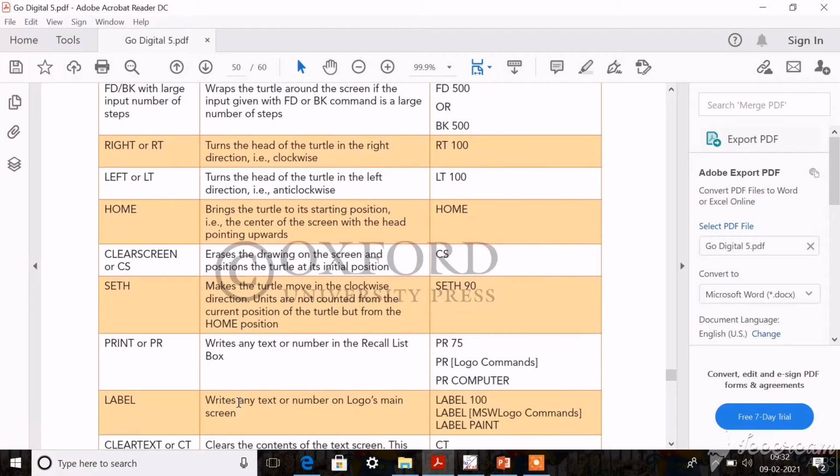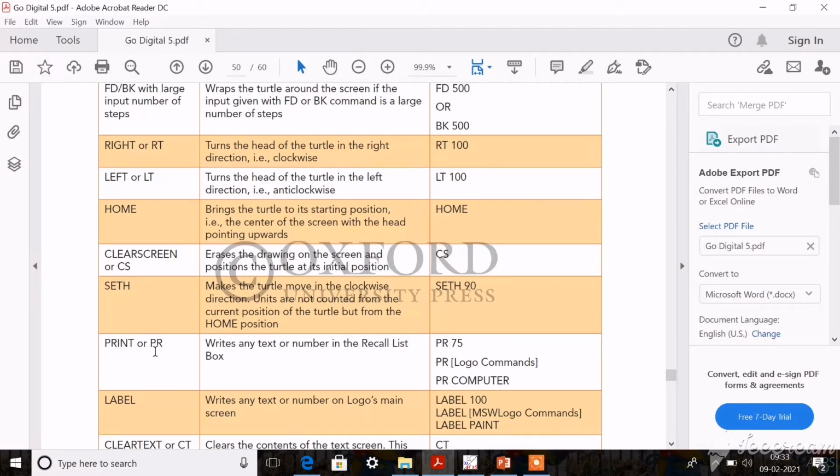Then if you give the clear screen or CS command, it means erasing whatever is drawn. Whatever you have drawn will get erased. Then when you give the SCTH command, the turtle will move in the clockwise direction, but it will start from the home position. The counting will start from the home position.